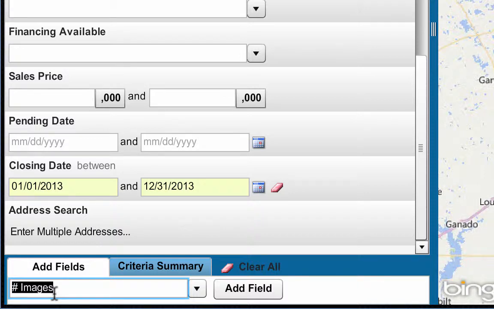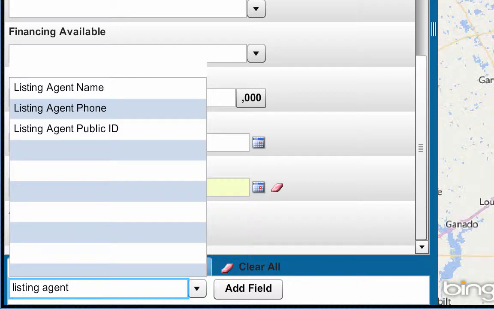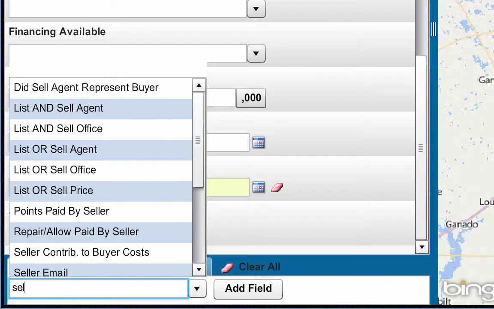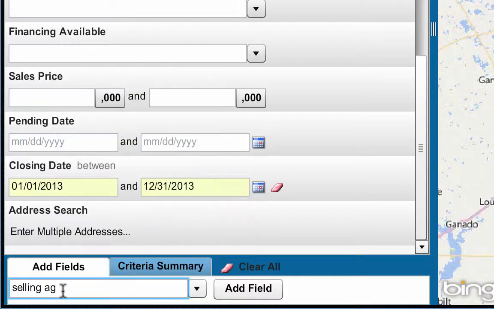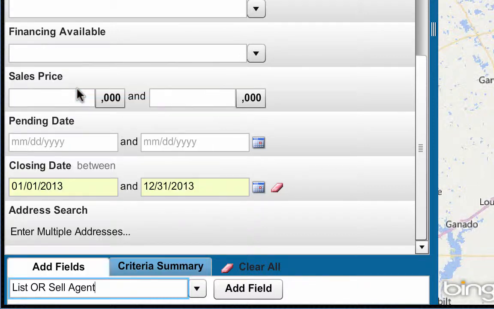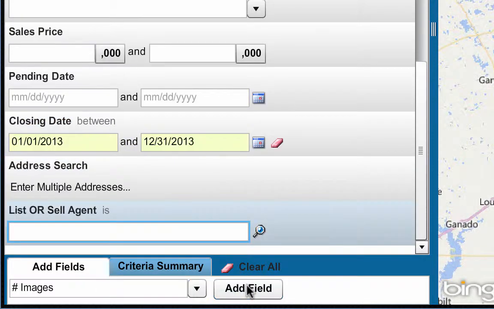Now, if you only want to do your listings for that year, then you just start typing in listing agent name, and there it is. If you only want to show the buyers that you worked for the year, you can do selling agent name, and it's right there. But I'm going to show everything for both sides. So for that, it would be list or sell agent. And then to add it to the search criteria, we just do add field,